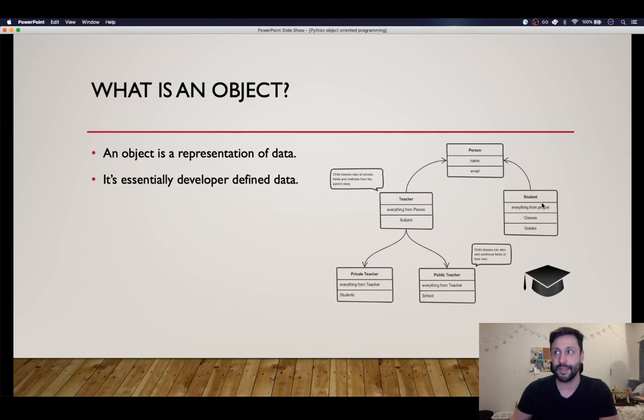Although in some languages you can actually have multiple inheritance, meaning that somebody could be both a student and a teacher, depending on the language. Other languages you don't. I tend not to use multiple inheritance because, even if I can, it just causes issues down the line. But that's basically all I'm going to talk about with inheritance and object-oriented principles,